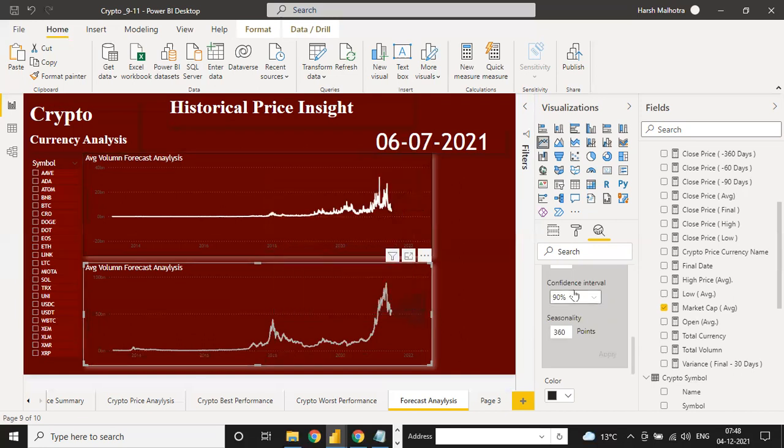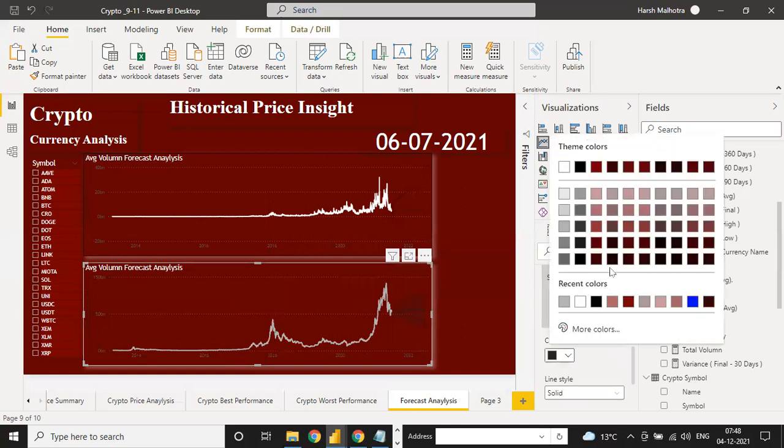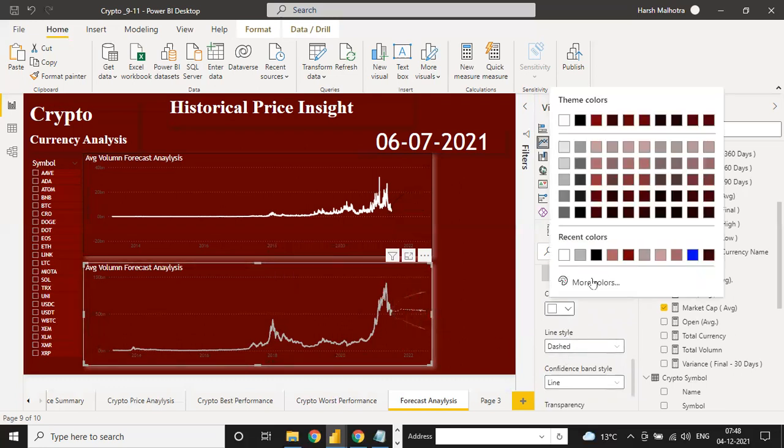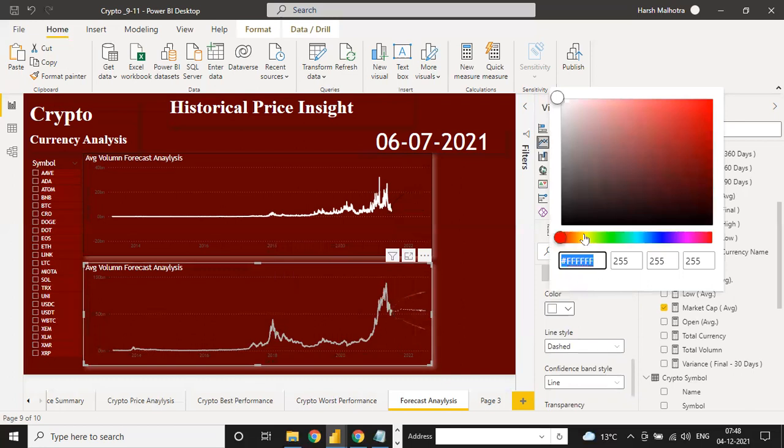This way, and if you click on this value, this is color wise. If you click this value into white, and instead of solid you can put as dashed, you can put as line, and you can change the line color also. Suppose if I change a little bit of this one.